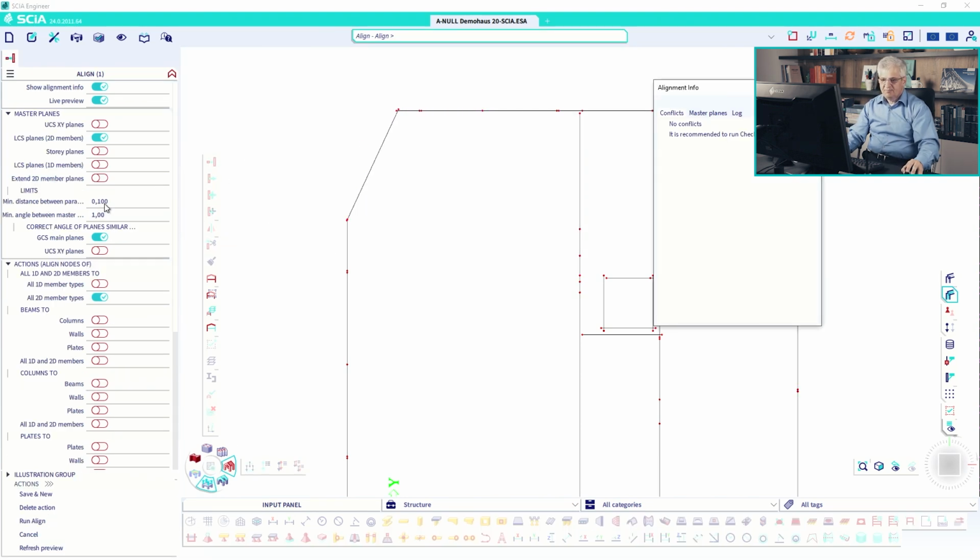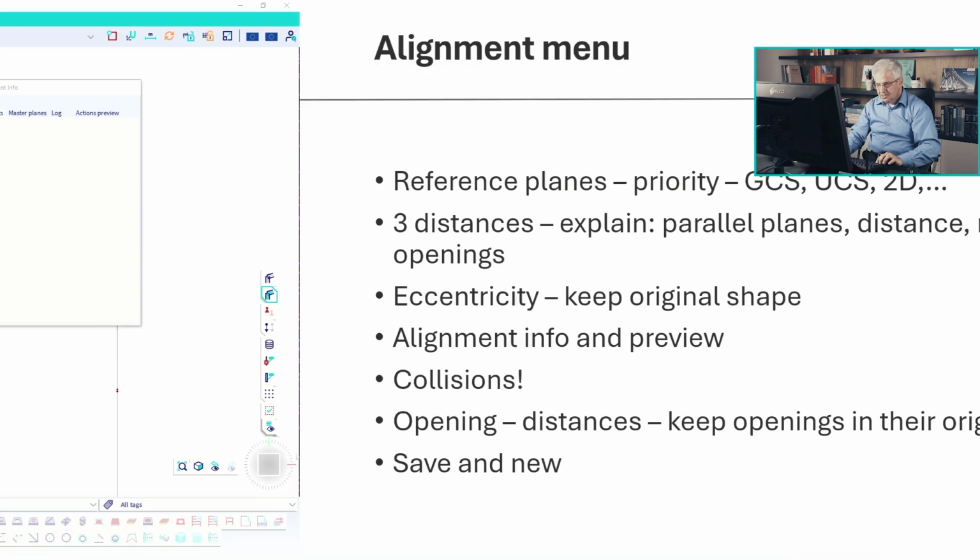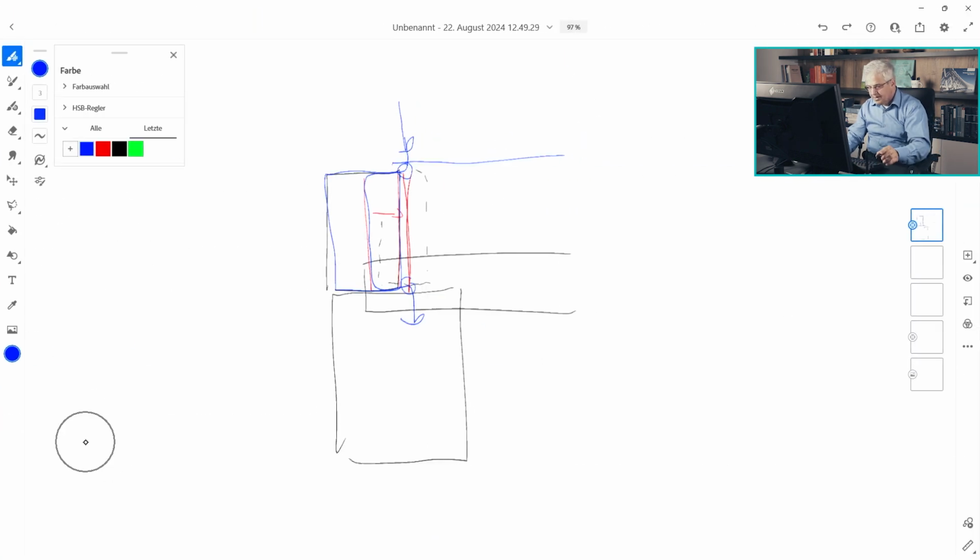So this distance of parallel planes can be simply changed to 1 centimeter. We don't need it anymore because our planes are correct. This distance is also used for openings. There is one magic button, keep openings in their original position. And this could be very important,